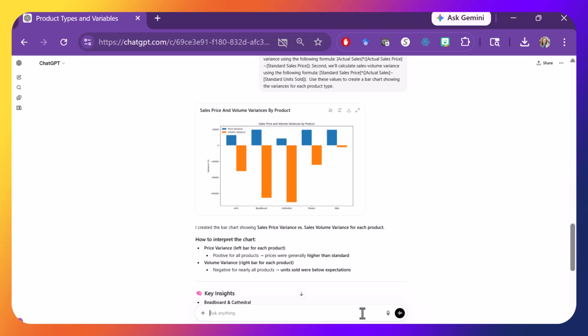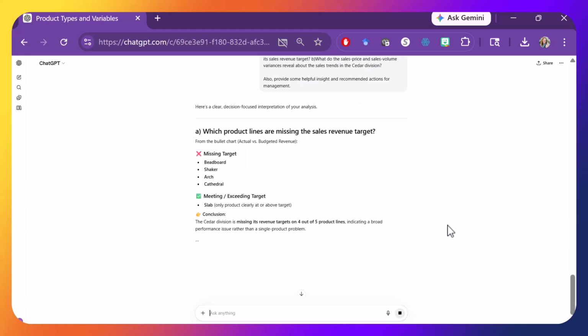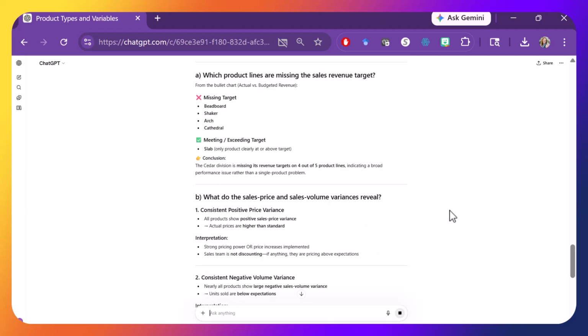So we're going to move on to prompt 4, where we're going to basically share the story. So ask ChatGPT to use the analysis performed to answer 2 questions. For which product line is the Cedar division missing its sales revenue targets, and what do the sales price and sales volume variances reveal about sales trends, and use this to provide helpful insights and recommended actions for management. It provides some results here, noting that all but slab are missing the target,